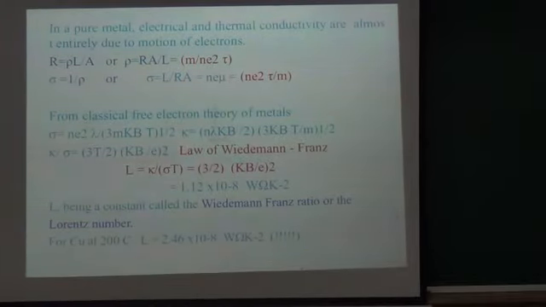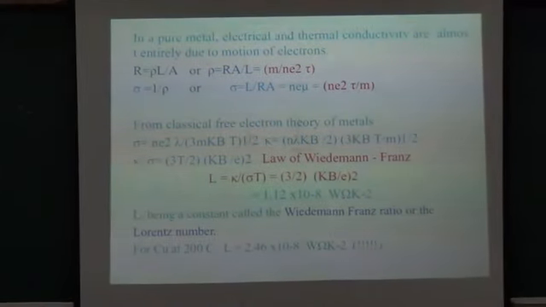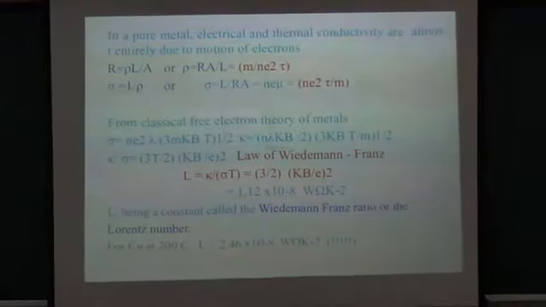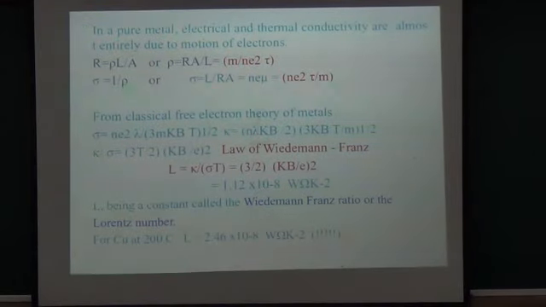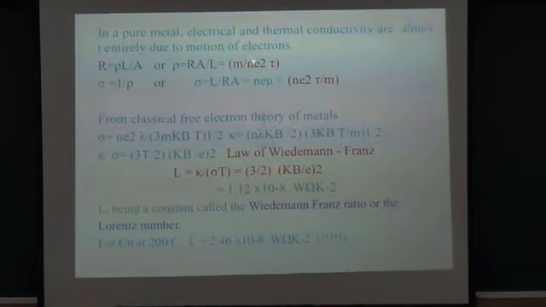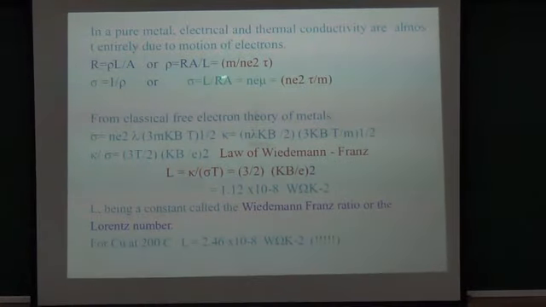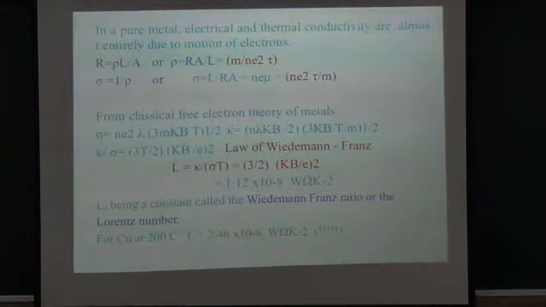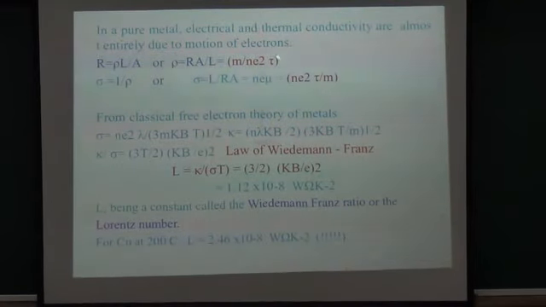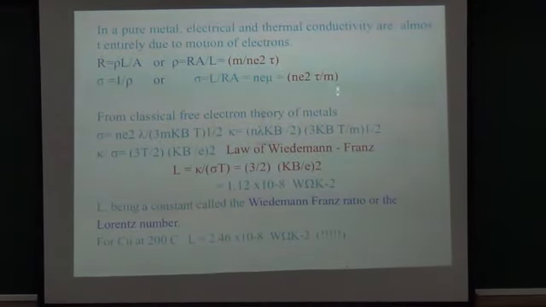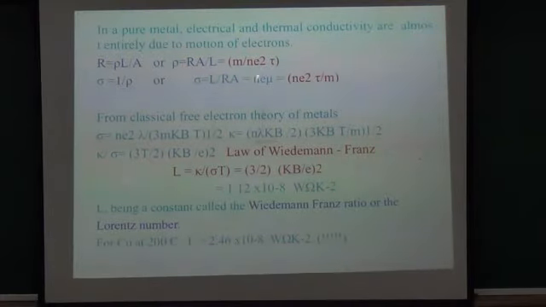This is the derivation of Ohm's law, because in 9th and 10th we are normally told that V is equal to IR, and then we derive it at class 12th level. We derive this formula, n e square into tau over m. m is the mass of the electron, n is the electron density, e is the electronic charge, and tau is the relaxation time. So this is the value of sigma, and this is also a very common expression.